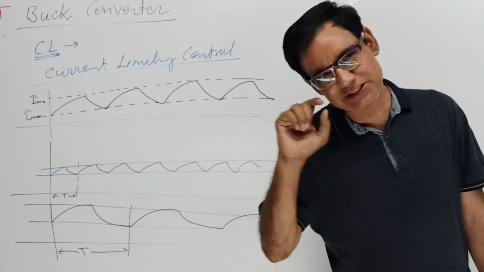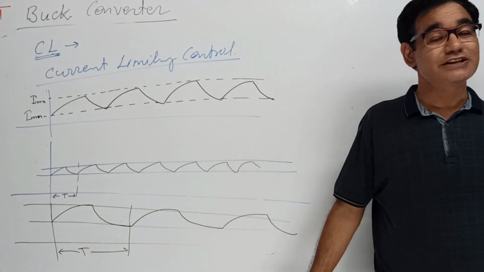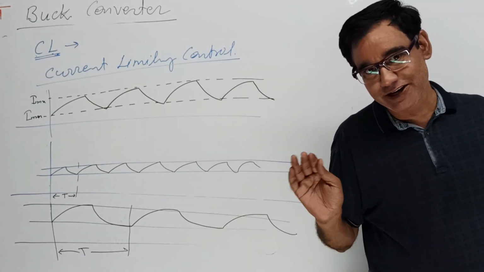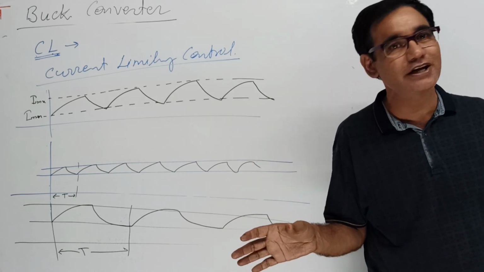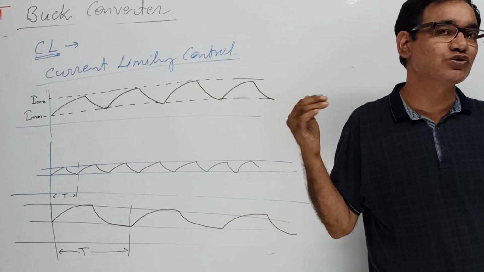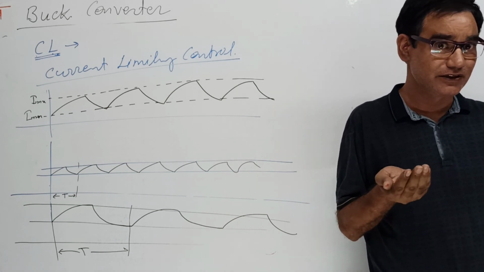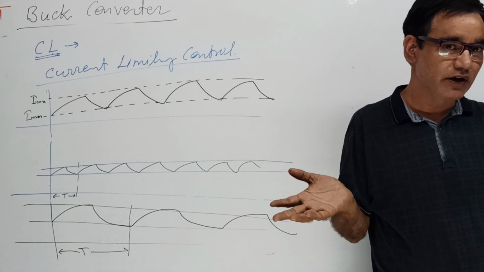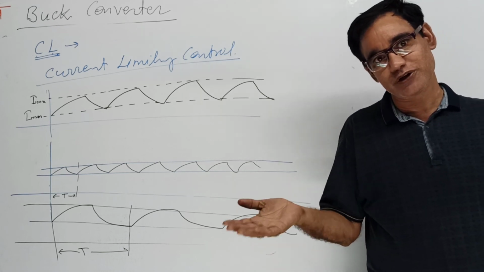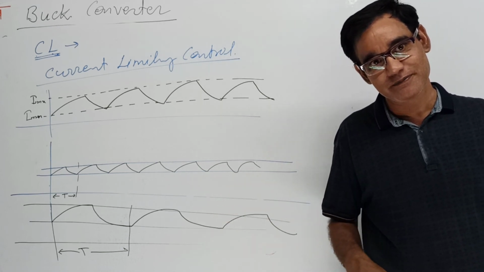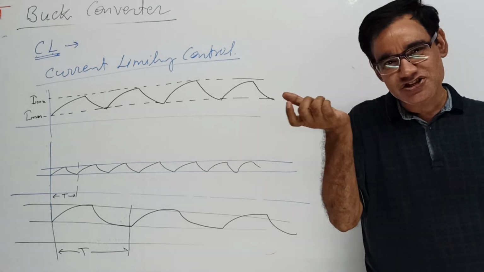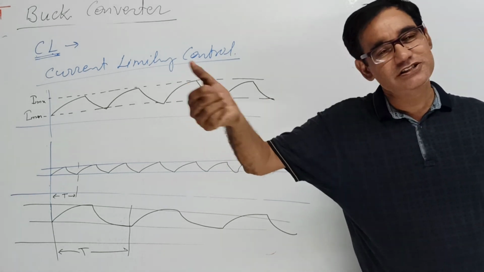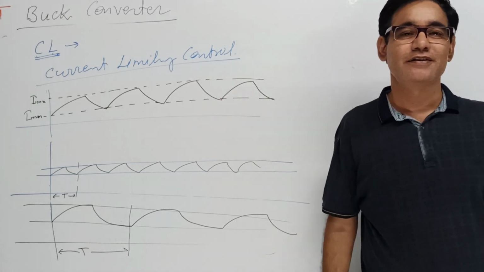If less ripple is allowed, for a sensitive device where current variation is not allowed, then we insert that kind of sensor. If the current is more than the limit, the switch will be off. If the current is less, the switch will be on. The on and off of the switch is provided by the current limiter. So that limits the current in a particular range and fixes the ripple content.